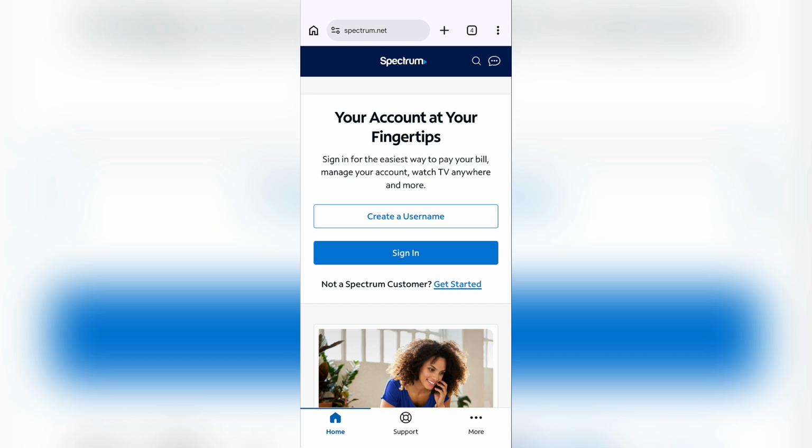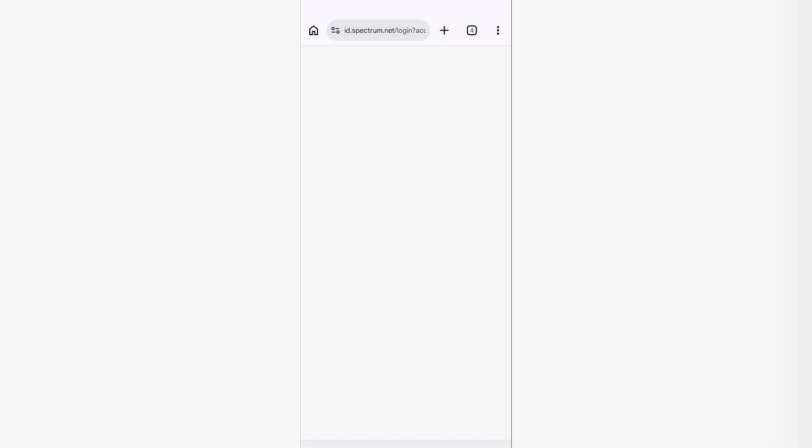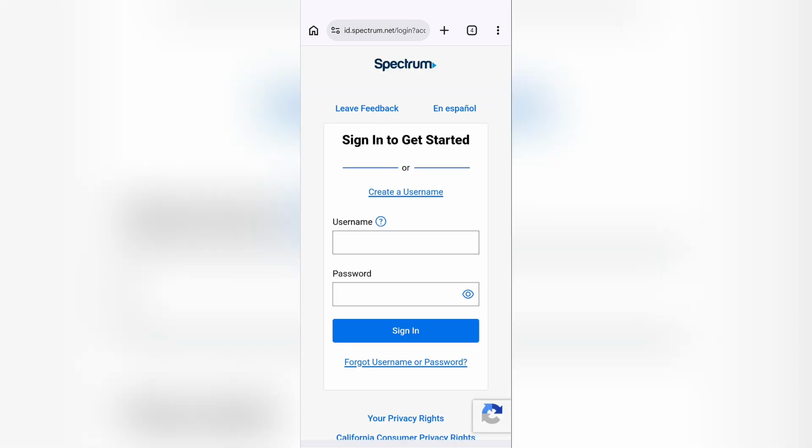After coming to this page, if you have access to Charter Spectrum in your region, tap the sign in button. Then a new page is gonna appear where you can very easily log into your Charter Spectrum account. Now in order to log in, just simply enter your username in the upper box and enter your password in the lower one. Then after entering your username and password, tap the sign in button. And this is how you can very easily log in to your Charter Spectrum